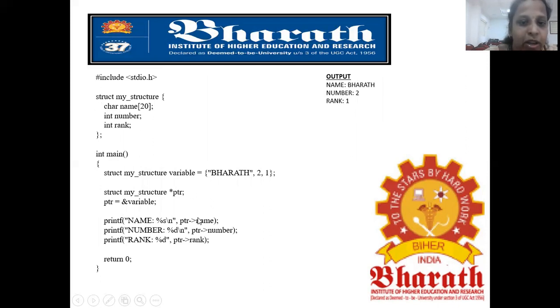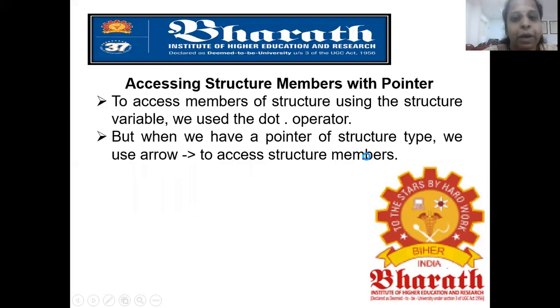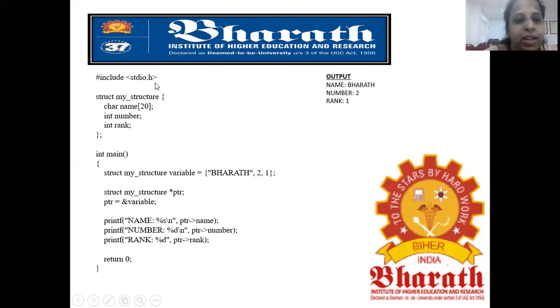So this is an example for accessing a structure member by means of a pointer. So #include stdio.h is the header file. Next is the name that I've given for a structure, the keyword is struct. Next is the name for my structure, that is my step. Next, I'm declaring my variables, that is name, number and rank. After that, main is the place where the program execution starts. After that, this is my structure. I'm using my structure variable. So star ptr is nothing but a pointer, and ampersand refers to the address of that variable.